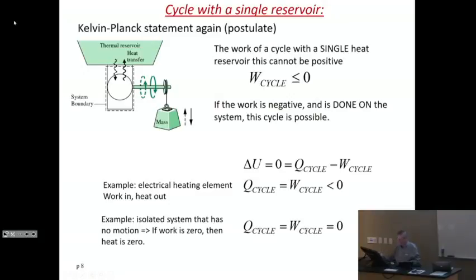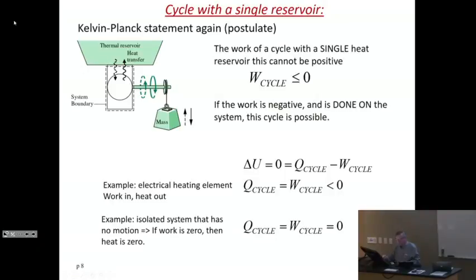All right, so let's write this now. dU is 0 is Q cycle minus W cycle. Just assume that we are in a situation where we don't change the internal energy of this, which is not exactly what we're doing here, of course. Then you can have Q cycle be W cycle, and that means you can do work on the system, and you will get heat out. That is when Q cycle and W cycle are both negative. You don't change the internal energy of the system in this case. Example, a little electrical space heater will do exactly that.